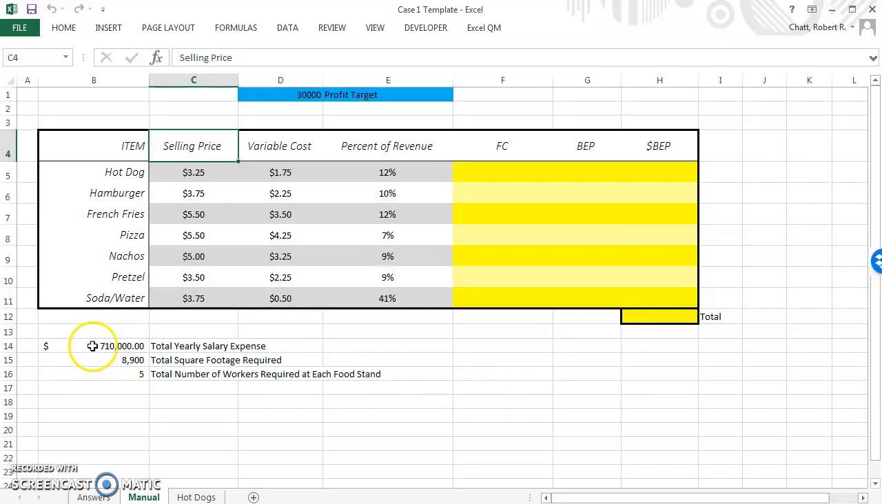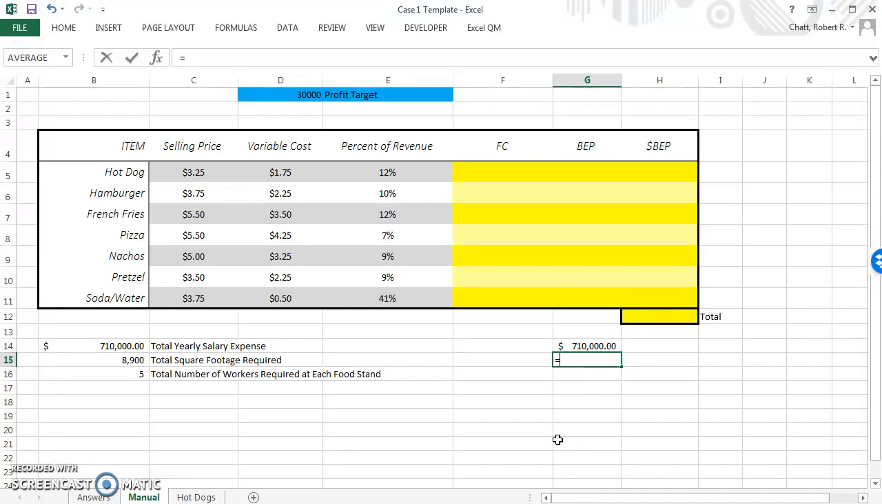So this is the total salary expense for the managers at the food stands for the entire year, including all 7 games. Okay, so we're going to have this cost, and I'm just going to lump this over here. So 710,000 is my number. You should have a different one, or if it's the same because it was randomly generated, that's okay. But 710,000 is the total yearly salary expense. In the context of square footage,